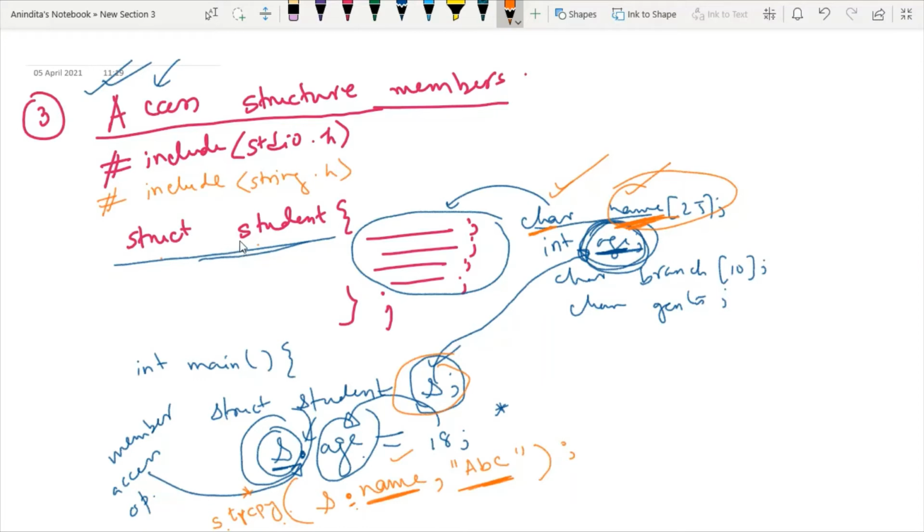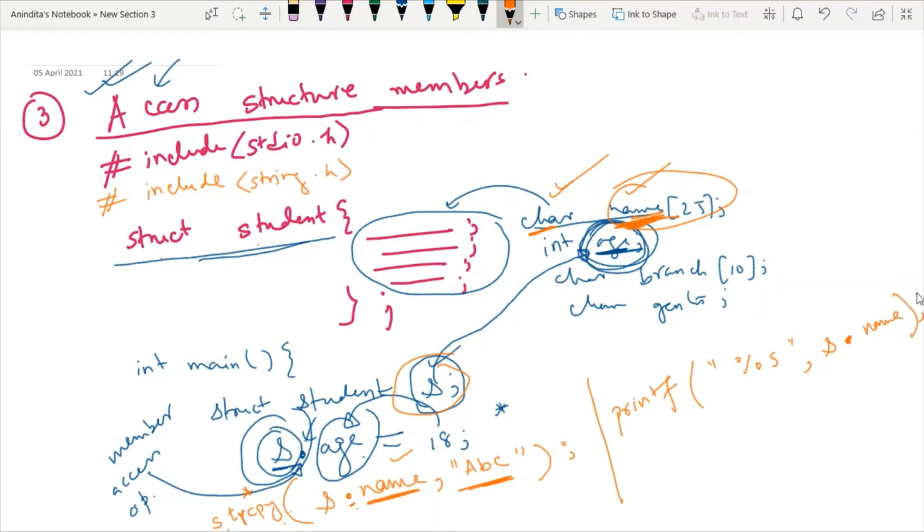Now how to print them? For printing, I will use the same convention. I will use printf, and if I want to print the student name, I have to use the specifier %s, and then to print the name of the student, again I have to write the structure variable name, then a dot, that is the member access operator, and then the array name.